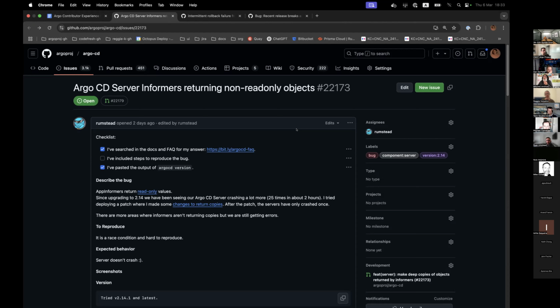Correct. Yeah. In the Kubernetes docs, if you click that first read only value link there, it explicitly says that you have to treat the objects as read only. Interesting. It's buried in the docs, so don't fault yourself. I only found it because the server was crashing. I would have done the same thing, but that's how I found it.